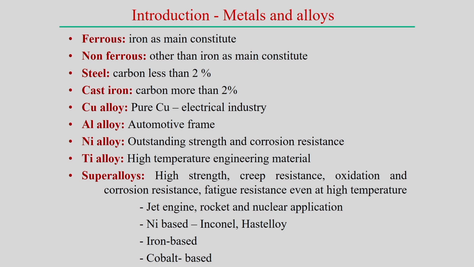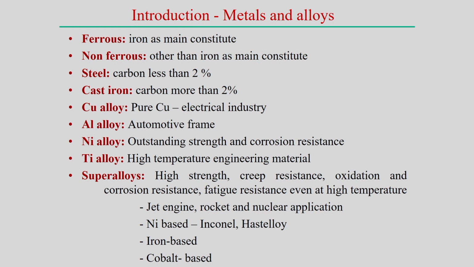So, in that case, first come the ferrous metals, which simply have iron as the main constituent; that is why we call them ferrous metals. Then there are the non-ferrous metals, which have a main constituent other than iron. We can see aluminum alloy, nickel, and titanium alloy, all non-ferrous metals with different applications. We use all these metals and alloys, and in most cases in the manufacturing industry we are dealing with them.